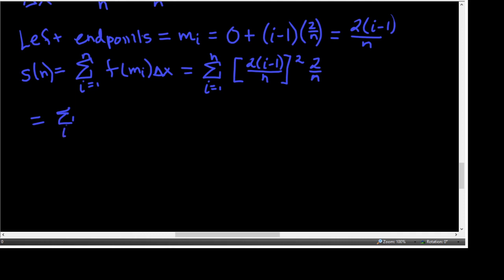Okay, so the square of that will be 4 times (i minus 1) squared over n squared. I distributed the squaring to all 3 factors, multiplied by 2 over n,